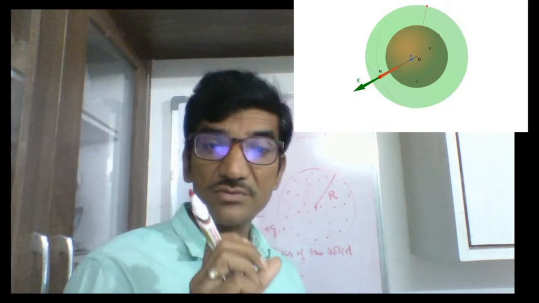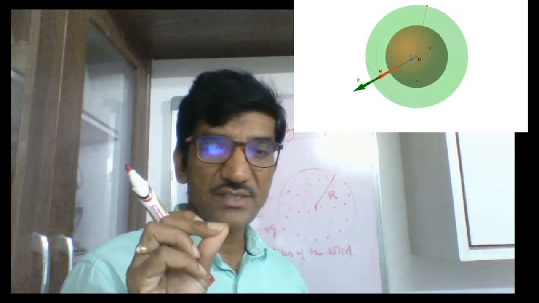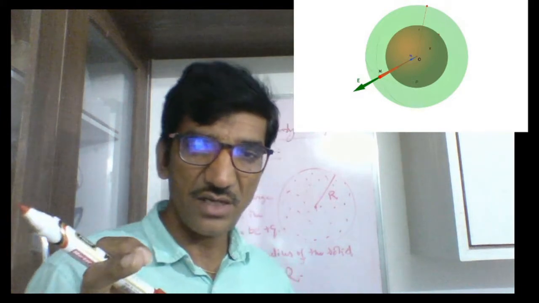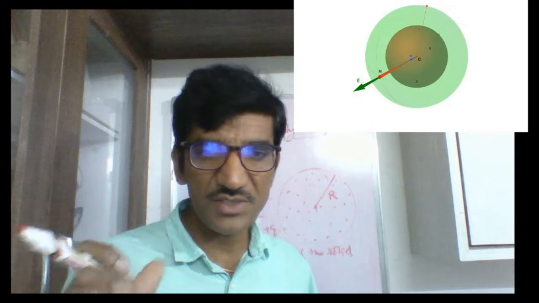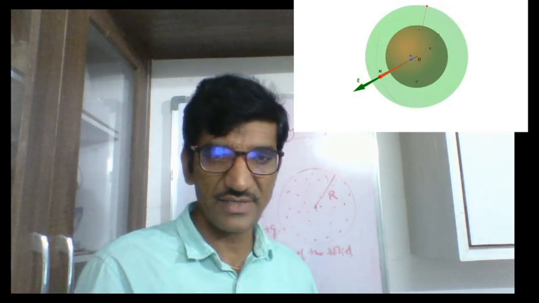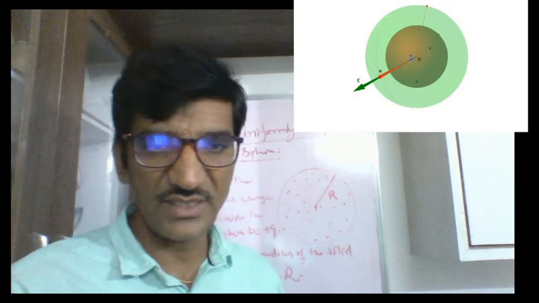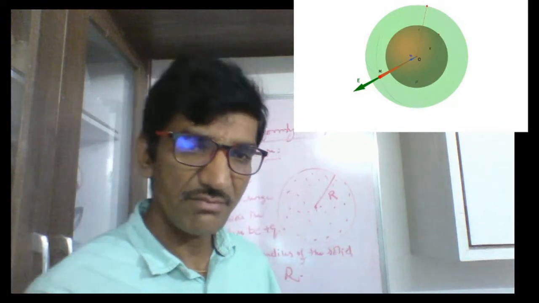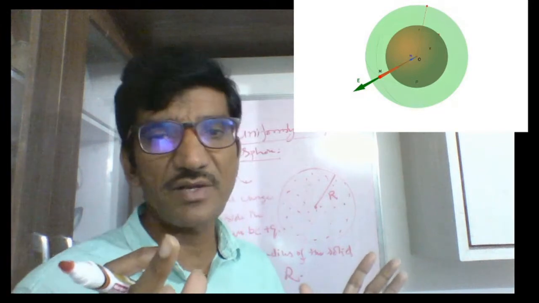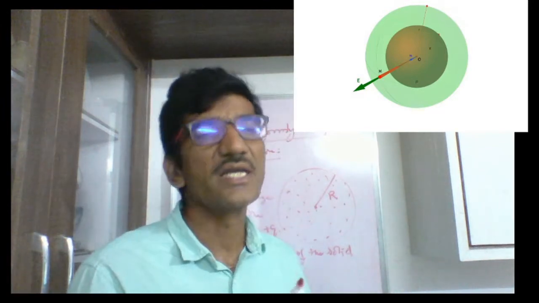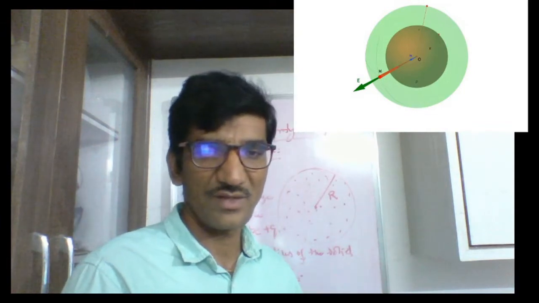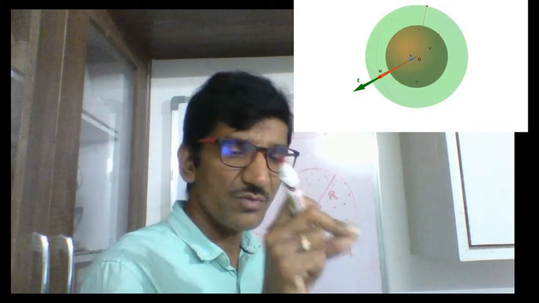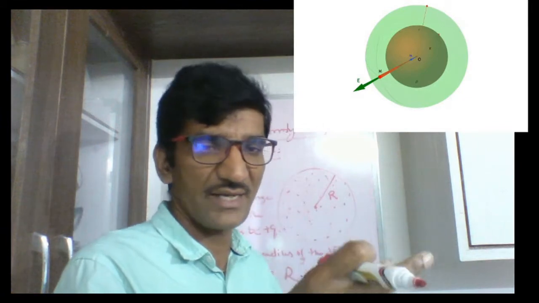In the previous class I also discussed the second problem, that means the field inside the shell. We discussed it at the end of the previous lecture. But there the problem is very simple, because there is no charge inside that spherical shell. Why? Because there is no material. To place some charge, you must have some base, some material. There is no material.